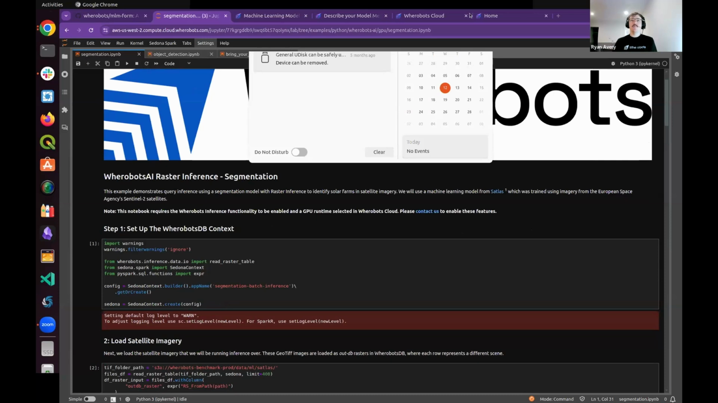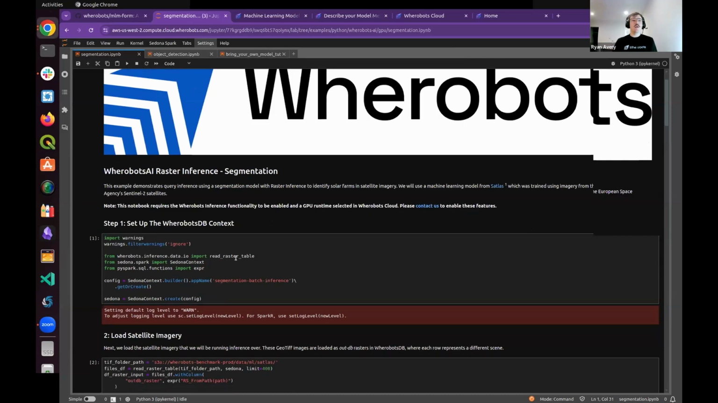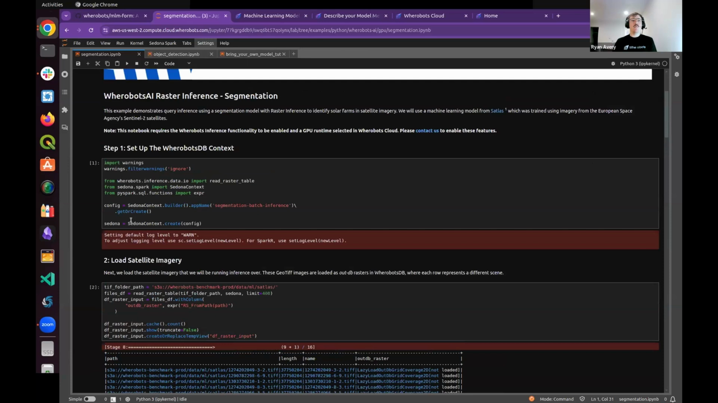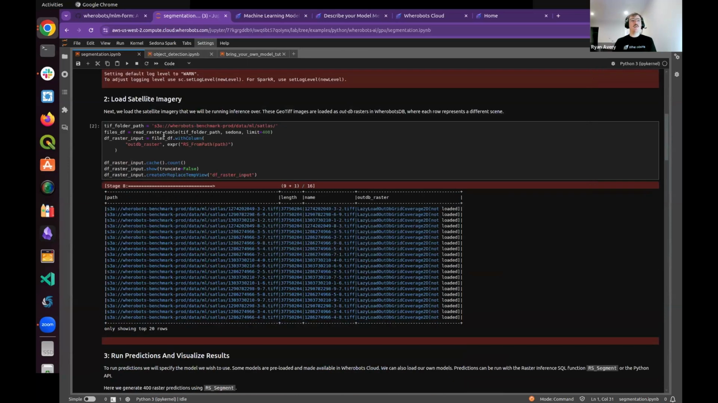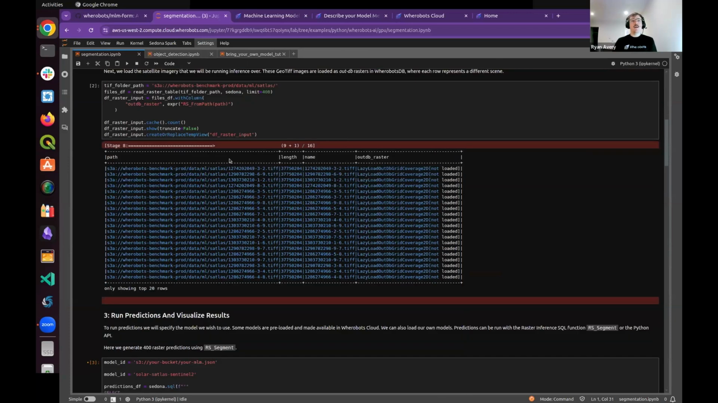So with this demo, we're starting up our Wherobots runtime. We're loading some data from Sentinel-2 and check it out. What are the paths we're going to be running inference on? We have this OutDB raster object, which includes a reference to the raster on S3, as well as all the